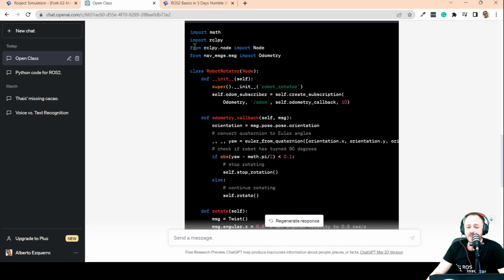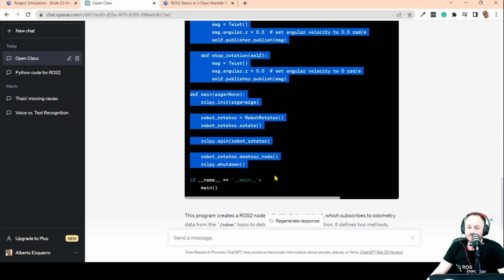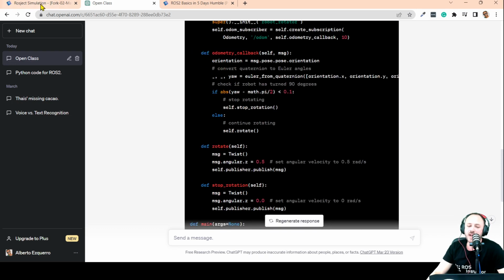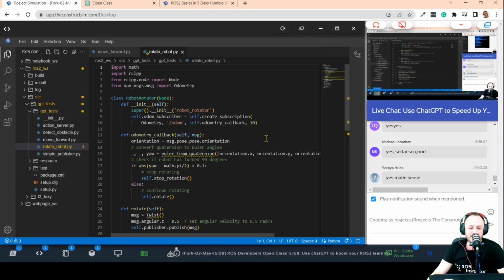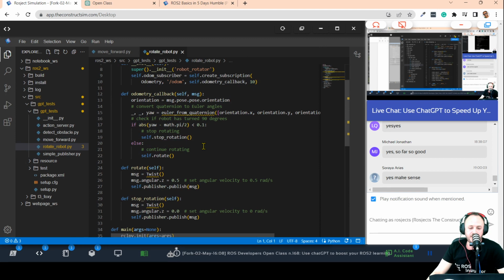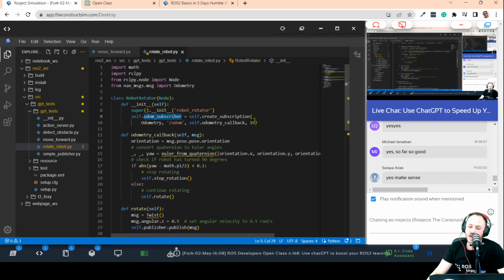Okay, again, it generates a code, okay, which has some errors in it, okay? We can analyze it. I have it here inside Rotate Robot. But, for instance, here it's trying to publish something, as you can see, but it's not declaring a publisher, actually, okay? So, as you can see, it can generate an interesting structure, yeah, because here it has generated